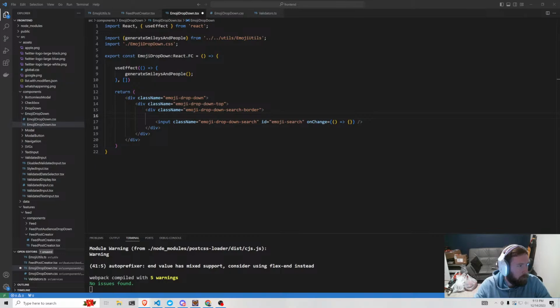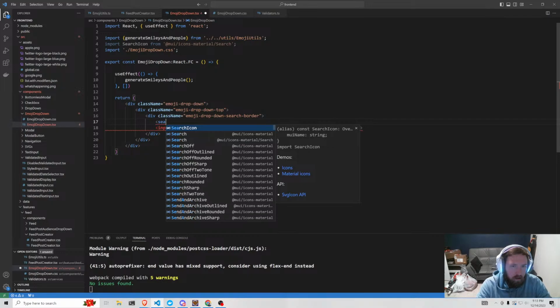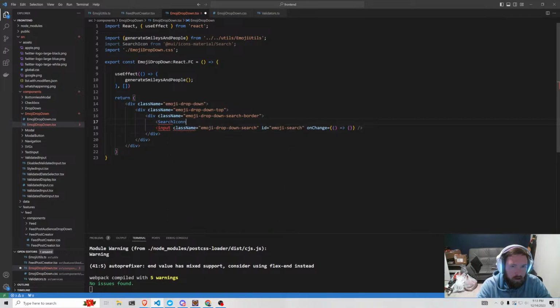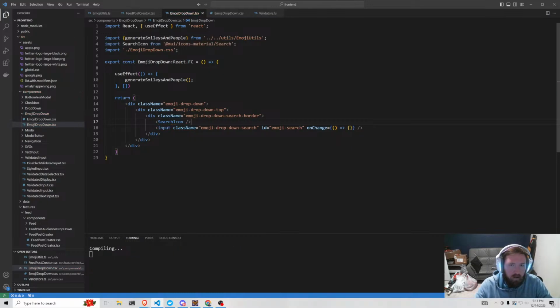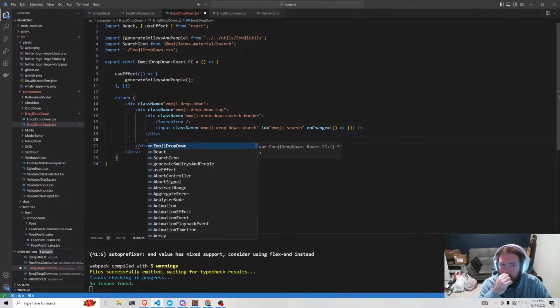So I'm gonna go ahead and copy the Material UI, and paste it in here. So here's our search icon. I'm gonna go ahead and just throw it in there. We'll probably have to change the sizing and stuff, but again, we'll deal with styling a little bit later. Search icon, and then this will need a display flex to make that work properly, but again, we'll deal with it. And then below the search bar, we have